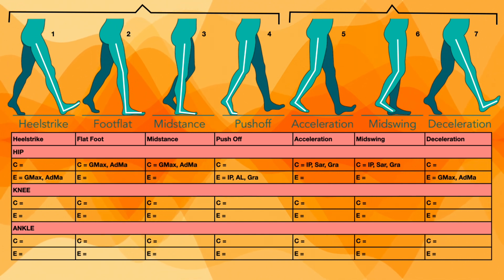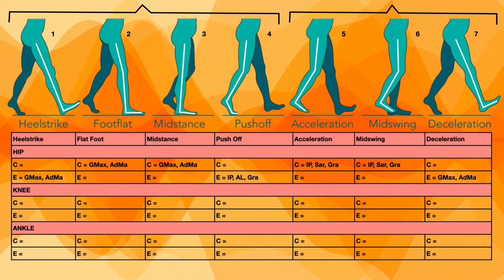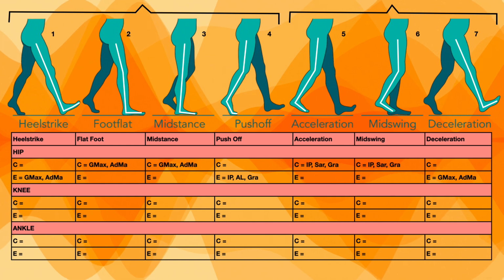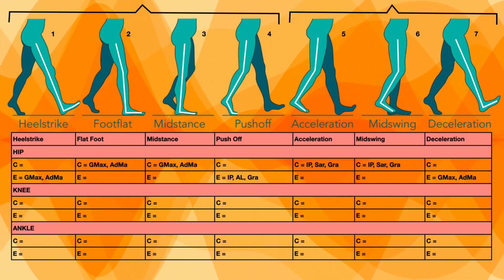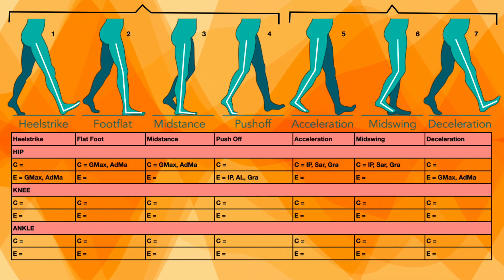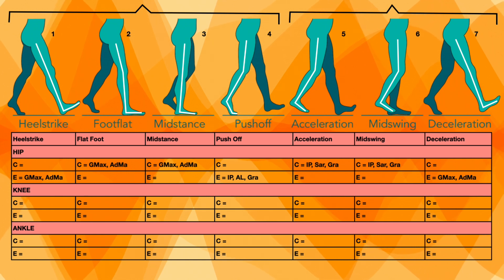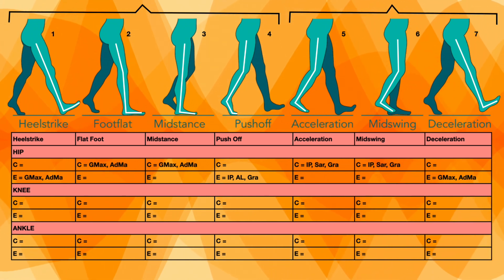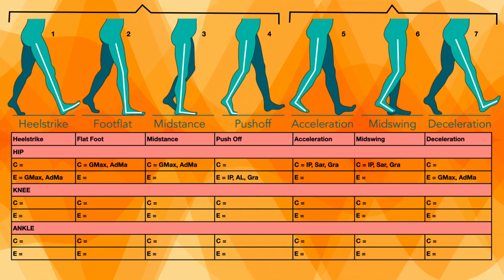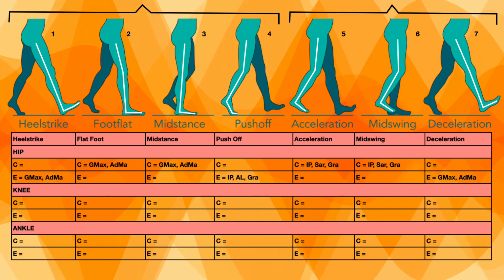Now we will start with the activity at knee level. Again talking about the knee, in the heel strike phase, the phase before was a swing phase and the knee was in a state of flexion. Now we can see from heel strike to flat foot to mid stance phase, the knee is going from slight flexion into extension.